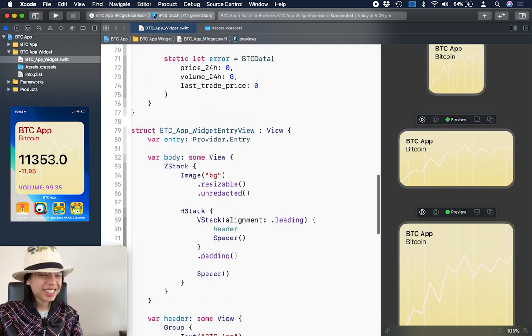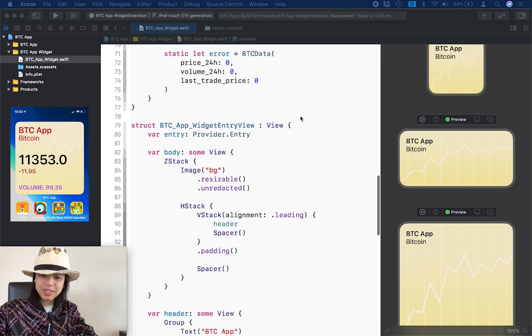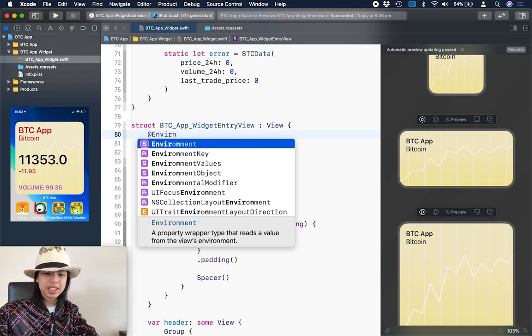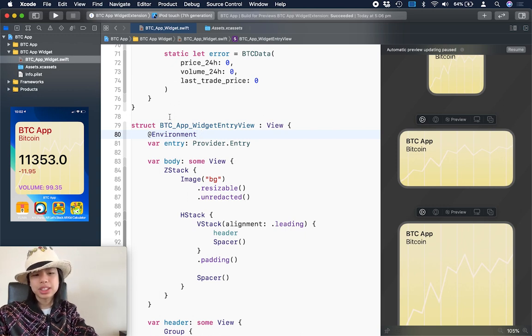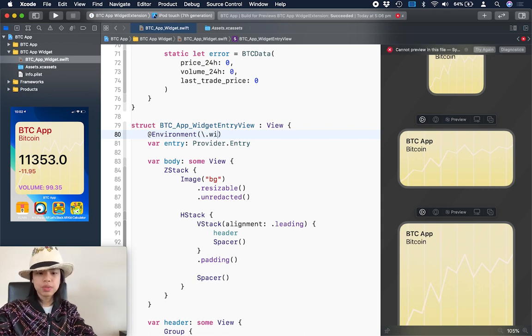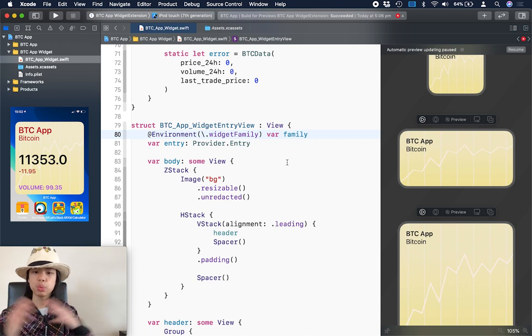Okay, that was just really weird. I am never doing that again. Yeah, never mind. I'm just gonna add in an environment wrapper up at the top. So it's going to be @Environment inside some brackets. It's going to be a backslash dot widgetFamily, and I'm going to call this family. Basically, family just means widget size. So from now on, I'm going to call it widget family